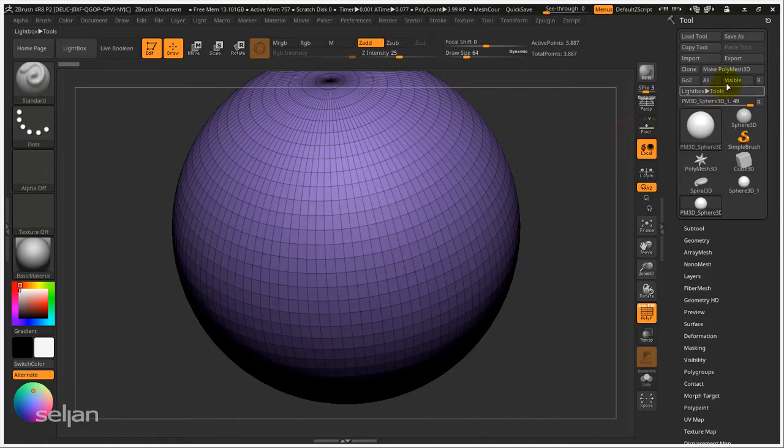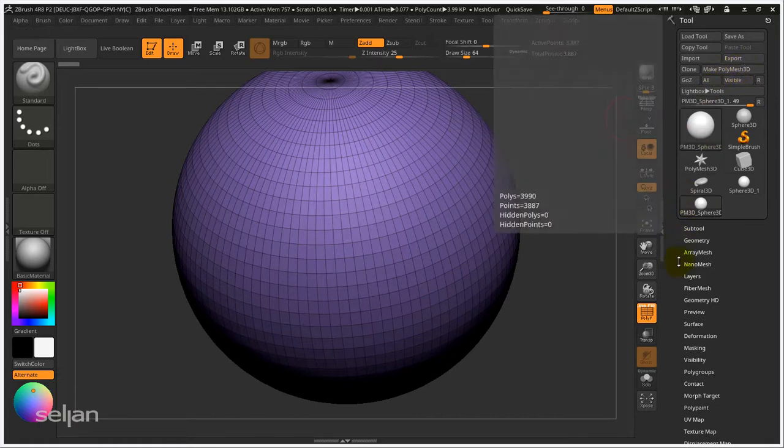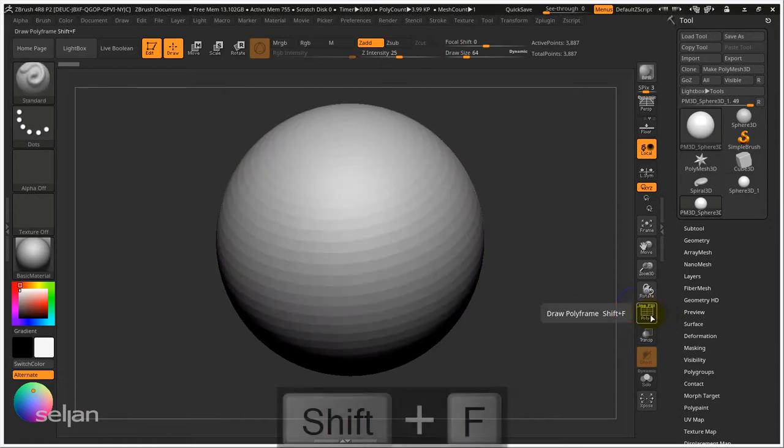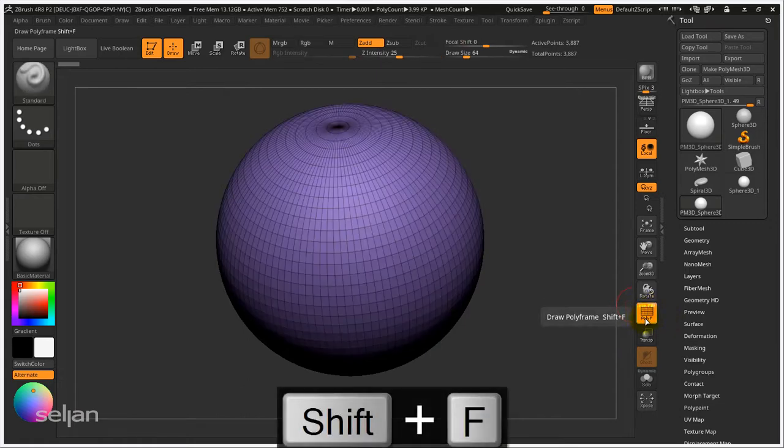So when you switch this model, this 3D primitive, into a polymesh, and your polyframe is turned on, it will change color. This color is kind of an ID color, and whenever you convert something or change a polygon group, it will randomly change. So the color is randomly assigned. You have no influence on the color, but this acts like a code within ZBrush. Now, if you don't like it, you can turn off the Shift F polyframe, so it's not indicated, or if